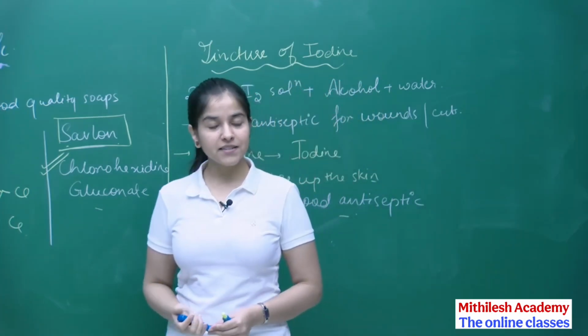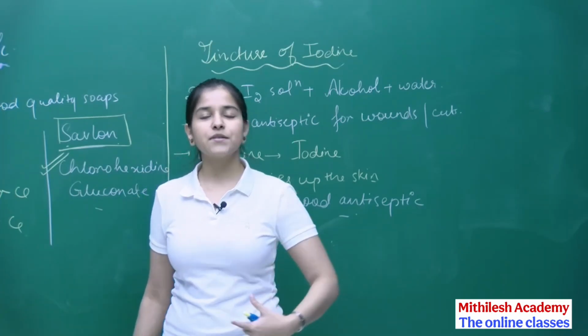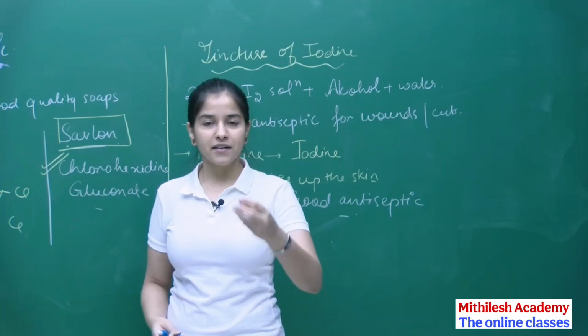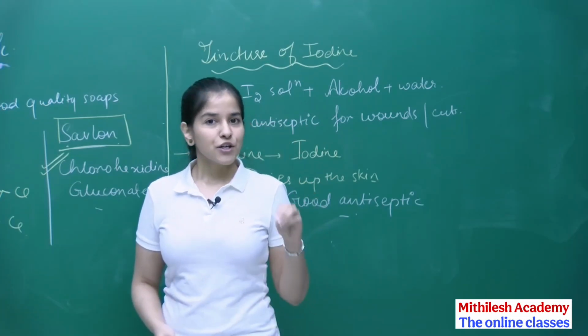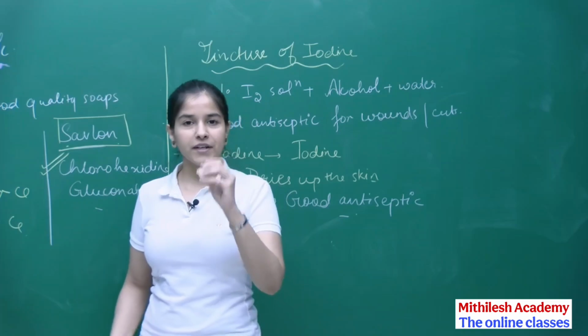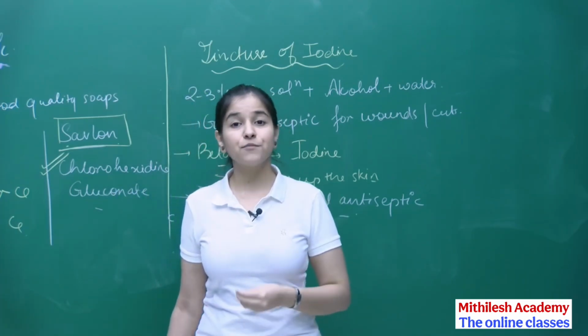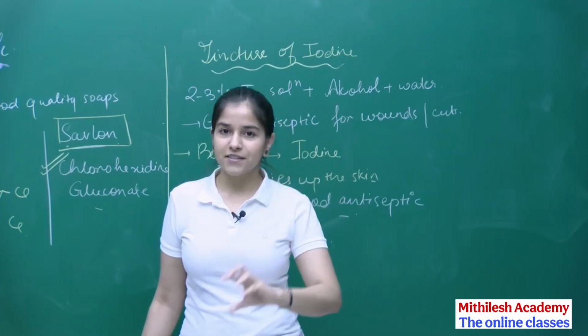What do I have next? I have got boric acid. Now where is the boric acid used? Most prominently it is used in the liquids that you put into your eyes for cleaning your eyes. So in order to protect your eyes from any kind of bacterial infections, any kind of microbial infections, what we use is a boric acid solution.